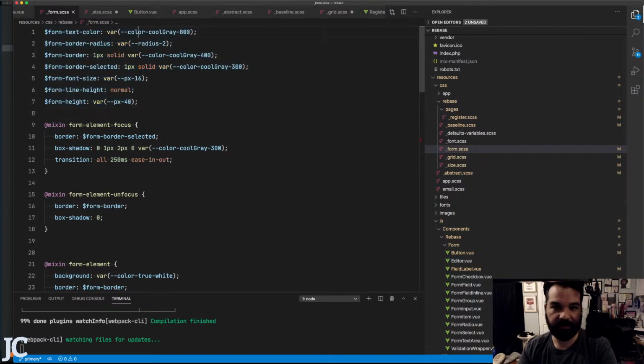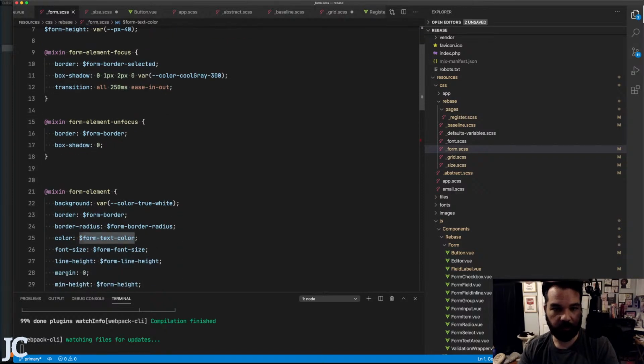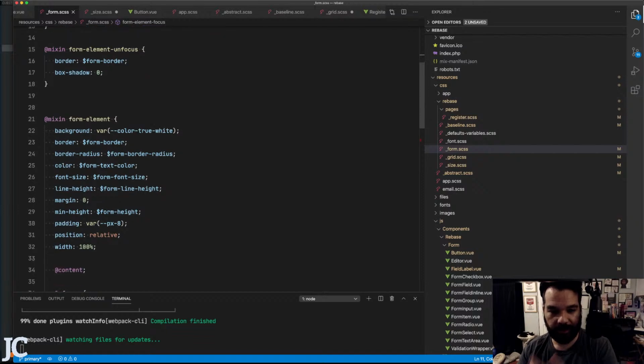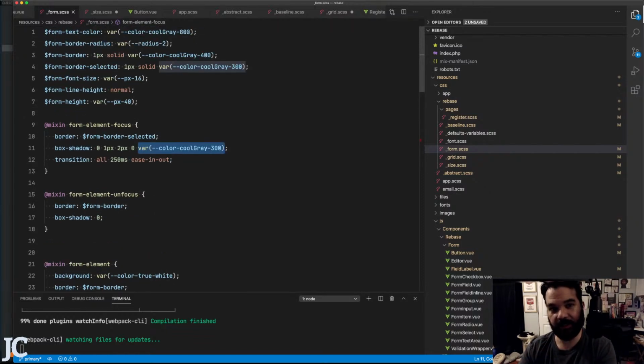So you can see, this is cool gray, and the variable that you use is called form text color, and then I can use that everywhere else. But you see, I'm not even doing that everywhere, because while it seems like a good idea in theory, in practice, sometimes you're just moving fast and trying to get stuff done, and you end up not using it. So, all right,